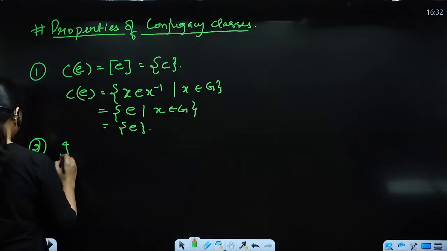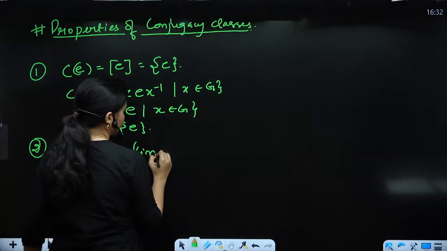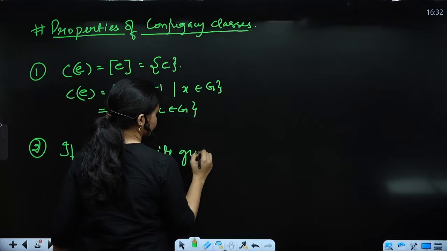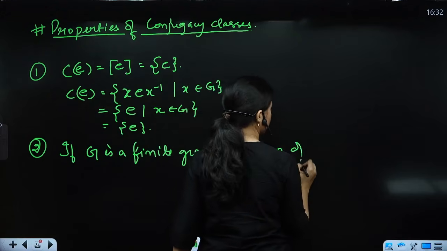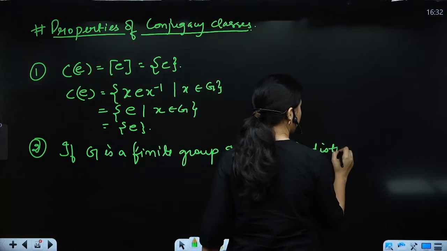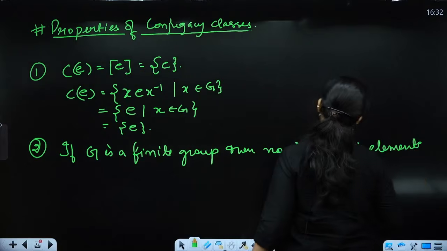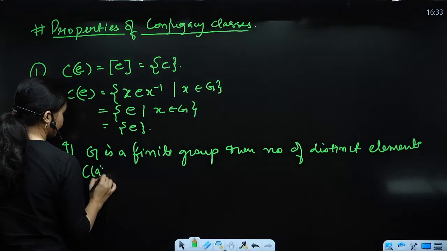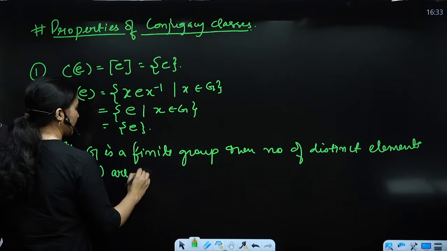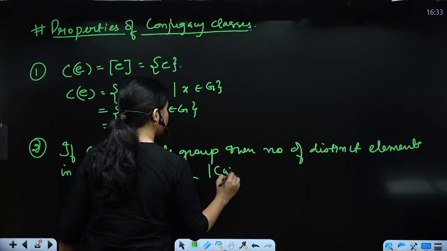If G is a finite group, then the number of distinct elements in C(a) is given by the cardinality of